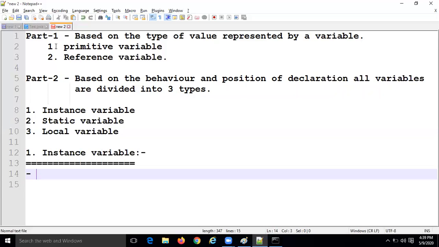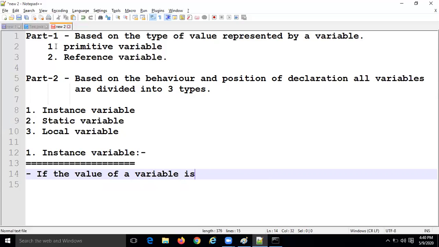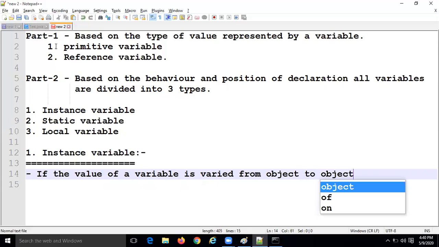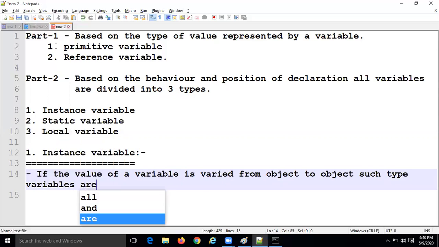The first point: if the value of a variable varies from object to object, such type of variables are called instance variables.